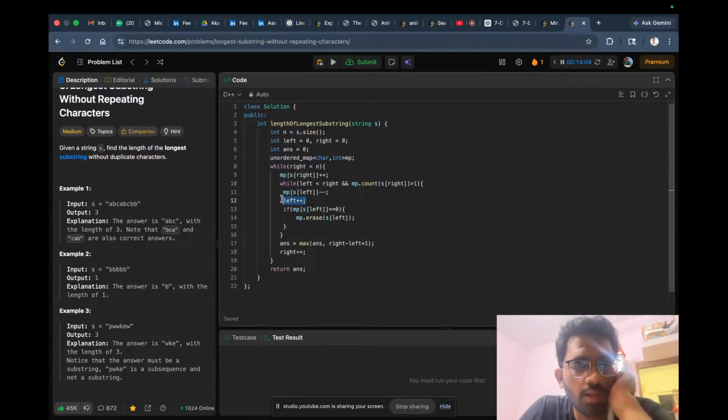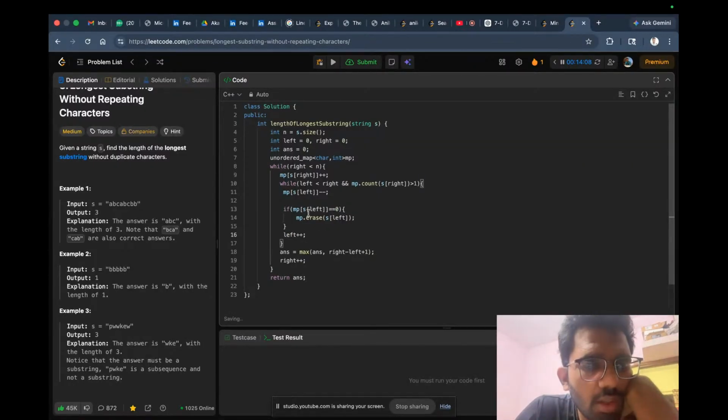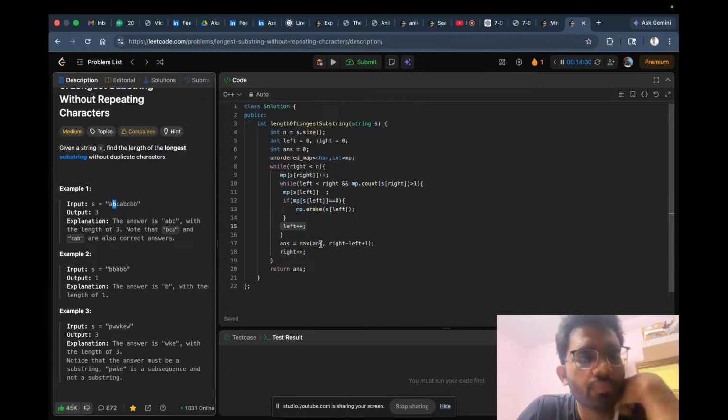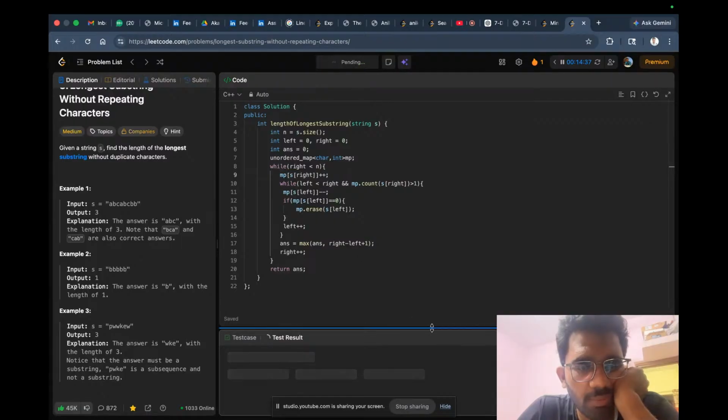ओके, एक चीज़ और गलती कर दी हमने, यहाँ पे इसको ऐसा करना चाहिए था, ठीक है। तो वो देखेगा कि भाई जो लेफ्ट हमने हटाया है, क्या उसका काउंट 0 हो गया है, तो बोलेगा नहीं यार उसका काउंट तो 0 नहीं हुआ है। तो लेफ्ट को कर देते हैं प्लस प्लस, लेफ्ट इधर आ जाएगा। अब चेक करेगा दोबारा क्या बढ़ा है, हाँ क्या काउंट जो है वो बढ़ा है नहीं, तो वो करेगा 3 - 2 3 हो जाएगा, ठीक है। अब इसको थोड़ा B पे कैलकुलेट करते हैं, तो B पे आएगा 1। चलो रन करके देख लेते क्या होगा, पता पड़ जाएगा।